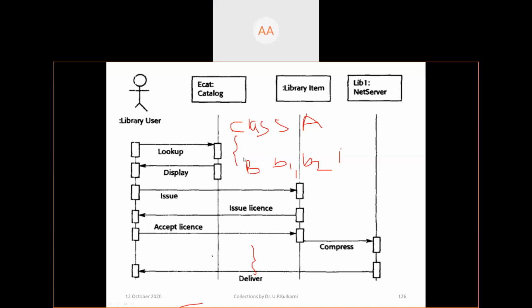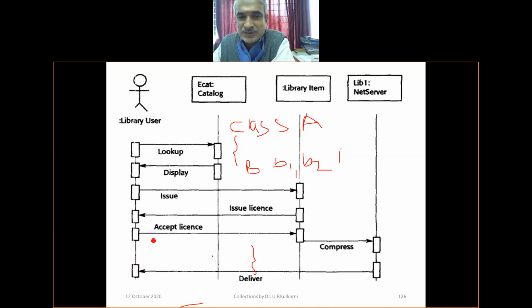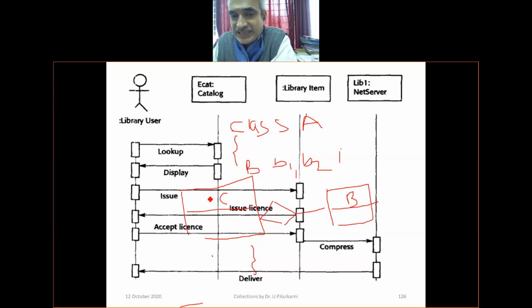In that case, how do you visualize this? You visualize this in terms of aggregation. That is called a composite object. That means you have a class C. This is class C. Then I use a symbol, the aggregation symbol like this, a diamond shape, not an arrow mark. C is a composite object. C contains the instances of B, which already are created. This is called aggregation. Are you clear? Okay.